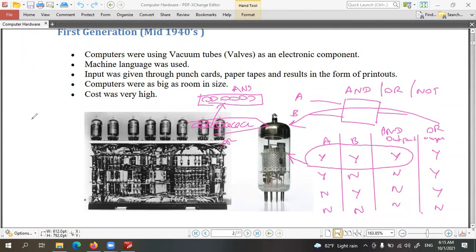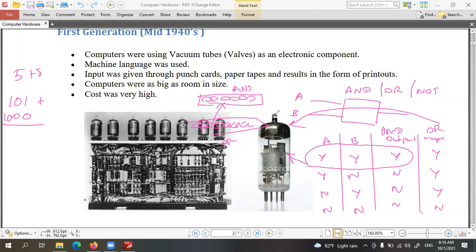Using those, they were able to perform basic calculations. For example, if you want to add 5 plus 8, these will be converted to digital signals. 5 can be written as 101, and 8 is 1000.